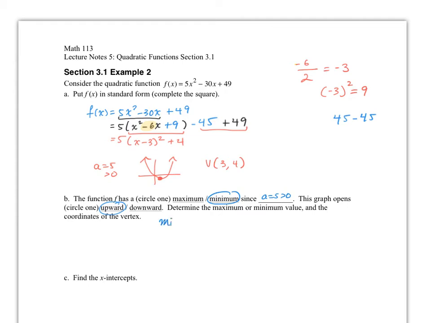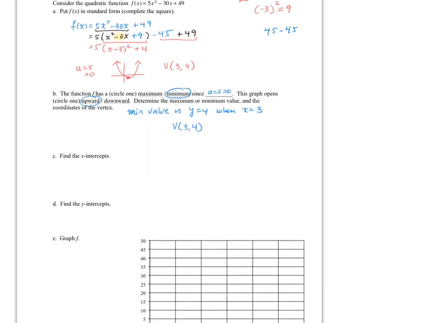So in this case, the minimum value is y equals 4, and it happens when x equals 3. Or in vertex form, this is just (3, 4). All right, the next thing we want to find is the